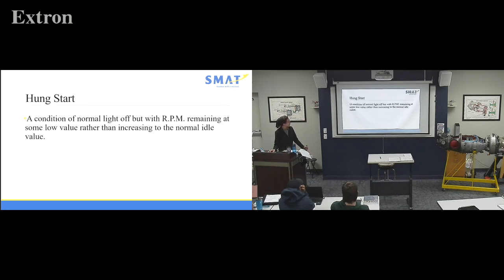A hung start means we have normal light off, we hear it kicking in, but our RPM doesn't come up to where we want. So on the King Air, we introduce fuel and